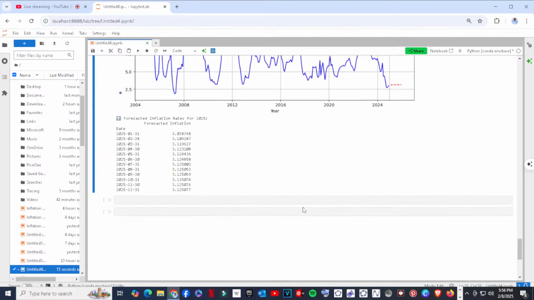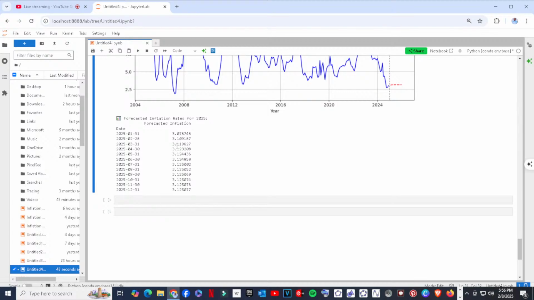So let's see. We forecast inflation from the data that the Central Bank of Kenya has collected so far from 2005 up to 2025. Now we are forecasting inflation rates for 2025. For January, the forecast is 3.078.